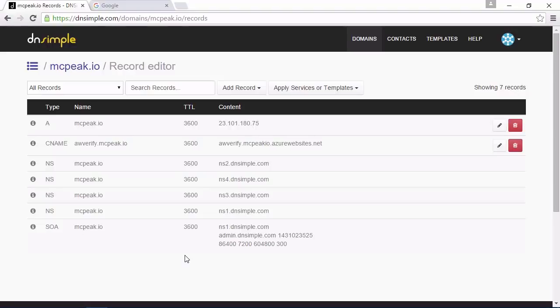Well, that really depends as well. I use a service called DNS Simple because DNS can be a rather complex topic, and DNS Simple just makes it easy to do. There are several records for DNS. And we're not going to really go over any of those. But here is a record of type A. And we can see that the name is McPeak.io. And then the IP address is